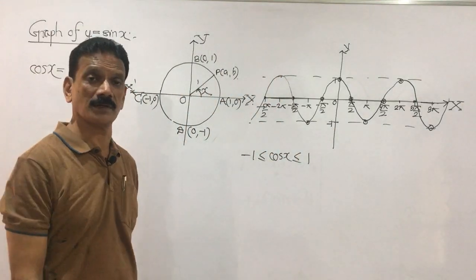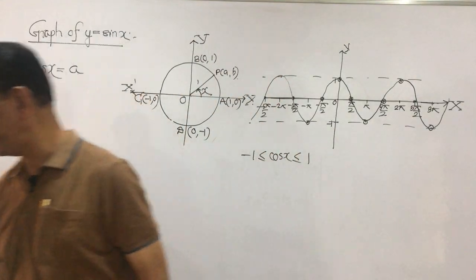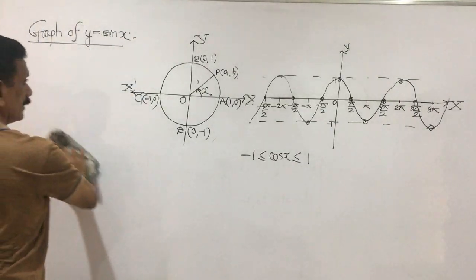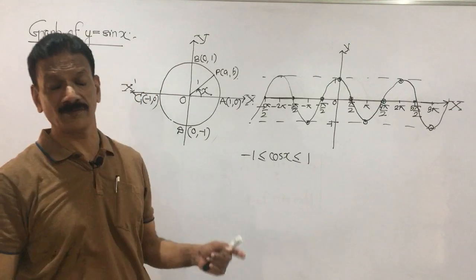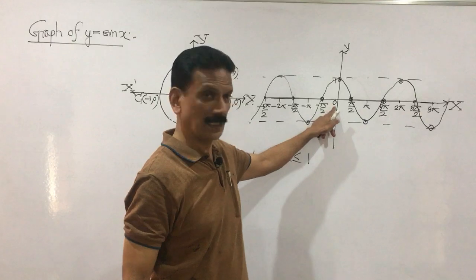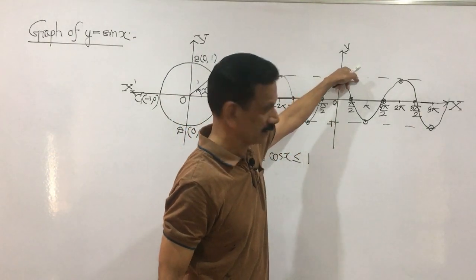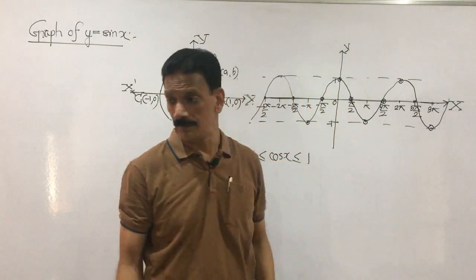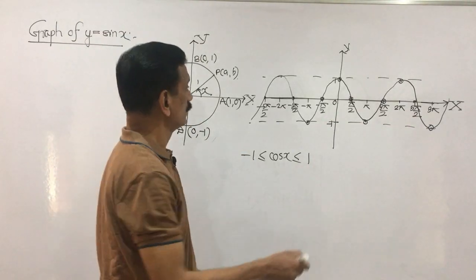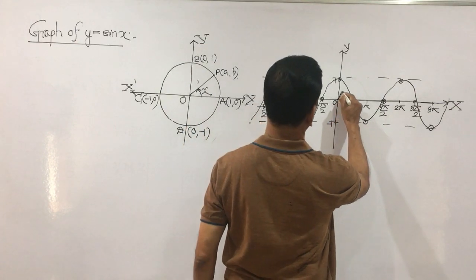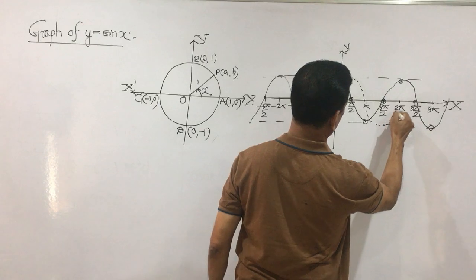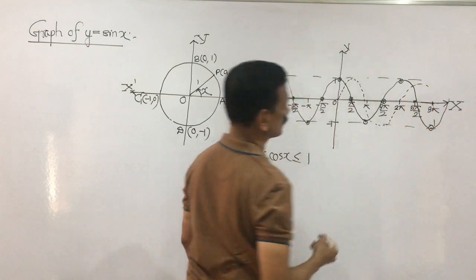Now we go finally for tan x. I go finally for tan x, and here I take tan and I draw the graph. So remember, what is the difference between sine and cos. Sine, you start from the origin, it goes up here, comes down. I will draw that one with a dotted line so you can understand. Here is the graph of sine. So it comes here, you will get this graph. I hope you can understand. This is the graph of sine.